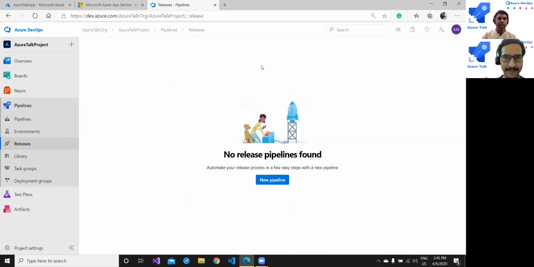I have logged in to the Azure DevOps portal, where this time we are going to work on this section, which is called Release under Pipelines. There are options: either you can create a new pipeline, or if there is an existing one, you can modify that also. So I'm going to create a very fresh, new pipeline. Clicking on this,